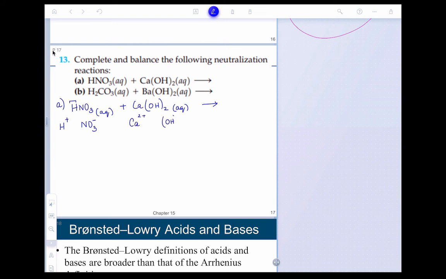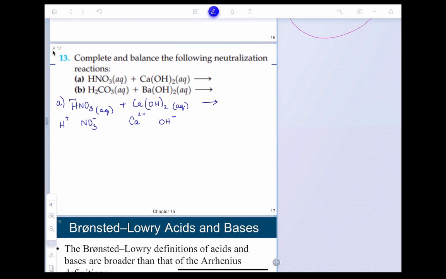Common mistake. Don't do this. This is not right. Hydroxide is just OH minus. Okay. So you have two hydroxides. Those students who want to write it can write it like that. It's up to them. I don't. I just write the hydroxide. I don't worry about the two. I'll take care of it in balancing. Now we're going to connect the opposites. So calcium is going to react with nitrate. So you're going to use a crossover method. So that'll be